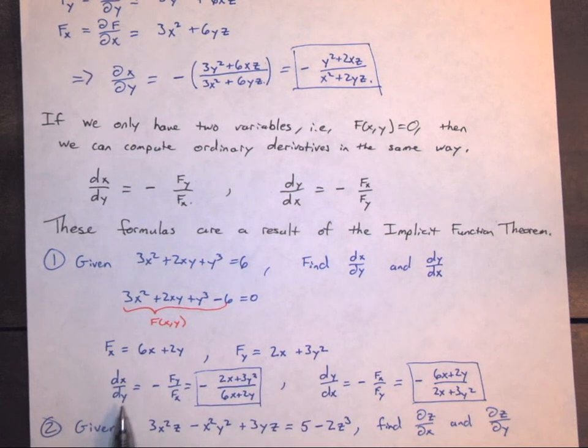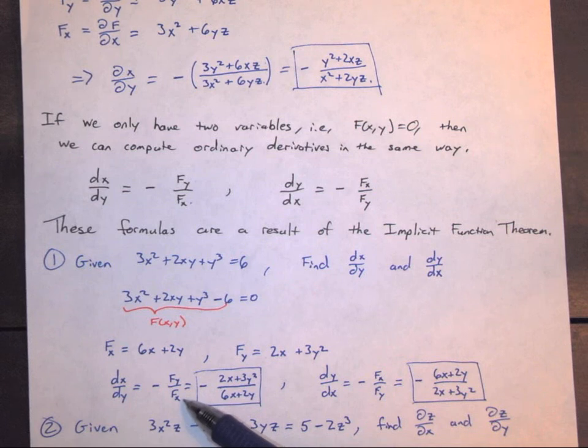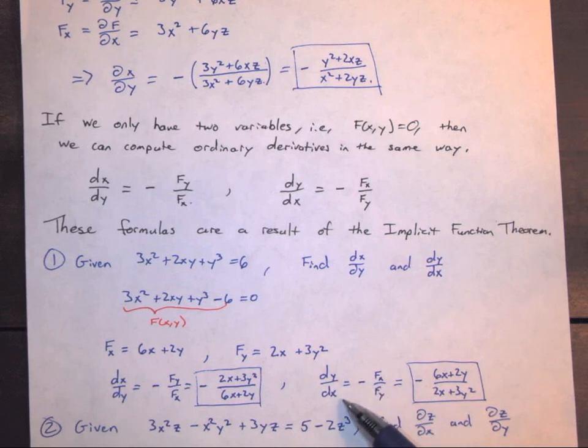And then the derivative of x with respect to y is minus the partial derivative of f with respect to y over the partial derivative of f with respect to x. And so I get this expression. And then if I want the derivative of y with respect to x, I don't need to do any new computations. I just need to flip what I have here. And you see that's exactly what I get. Okay, the last example